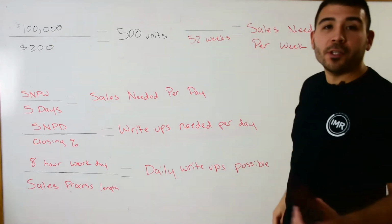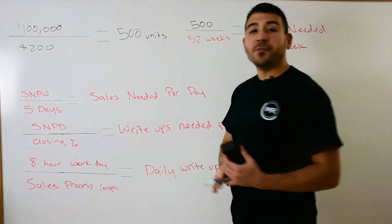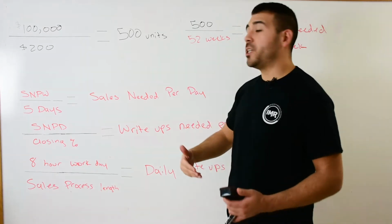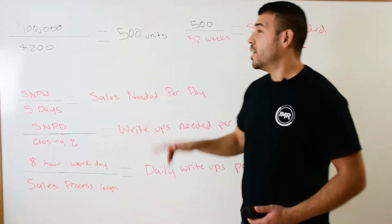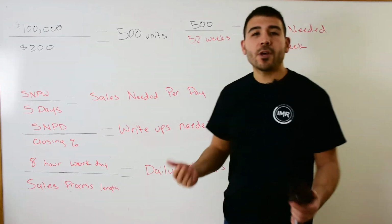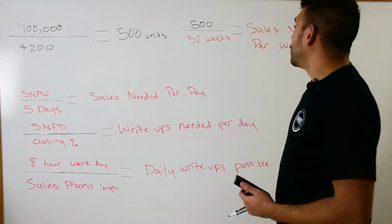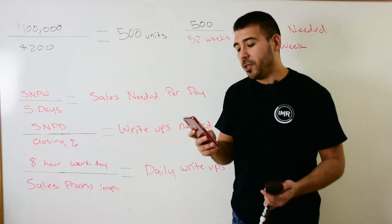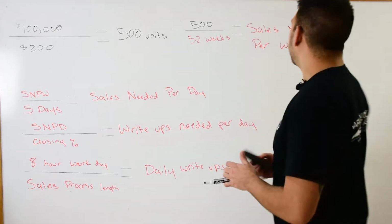divided by, now in this example, we're going to use 52 weeks. We're going to say that we're going to work every week of the year, 52 weeks. But if we know that we're going to take 2 weeks off and we're only going to be working 50 weeks this year, then we would change 52 to 50. So depending on however many weeks you work, but we're going to say for this example, we're working every week of the year. So 500 units a year divided by 52 weeks in a year means we have to sell 9.6 units a week